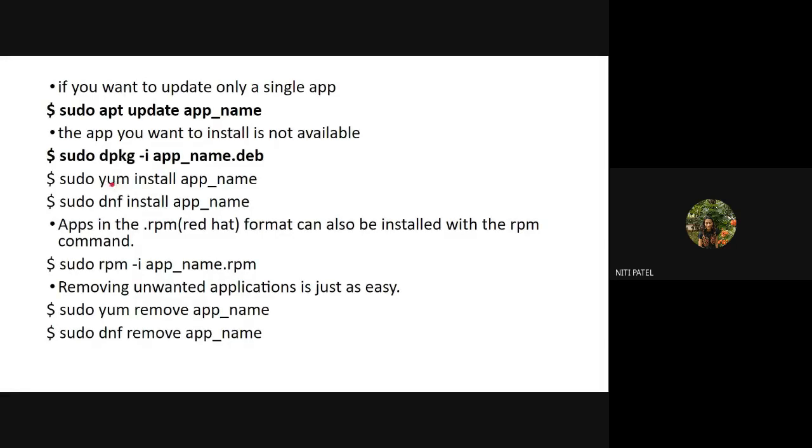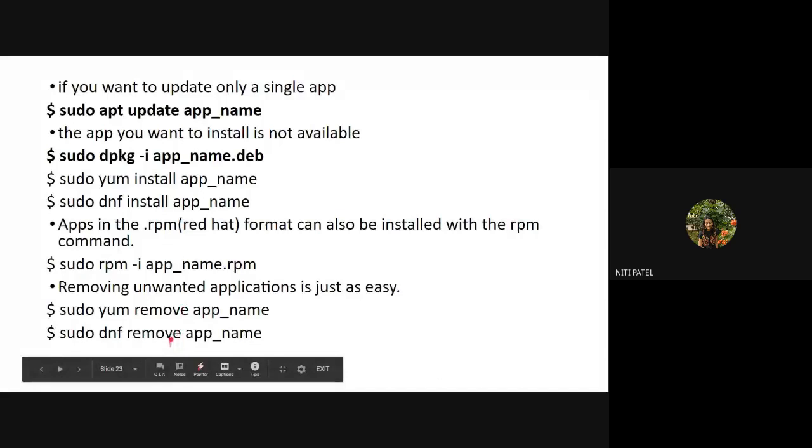Again, if you do not write this yum and if you directly write rpm, rpm also stands for Red Hat. Okay, so when I say sudo rpm -i google chrome .rpm, what will the system understand? That you have to install this Google Chrome for which version of Linux? For the Red Hat version. How did it identify? With the extension .rpm and with this command rpm. Okay, so either you use yum with install or you use rpm with -i. Both of them are used for the Red Hat version of Linux.